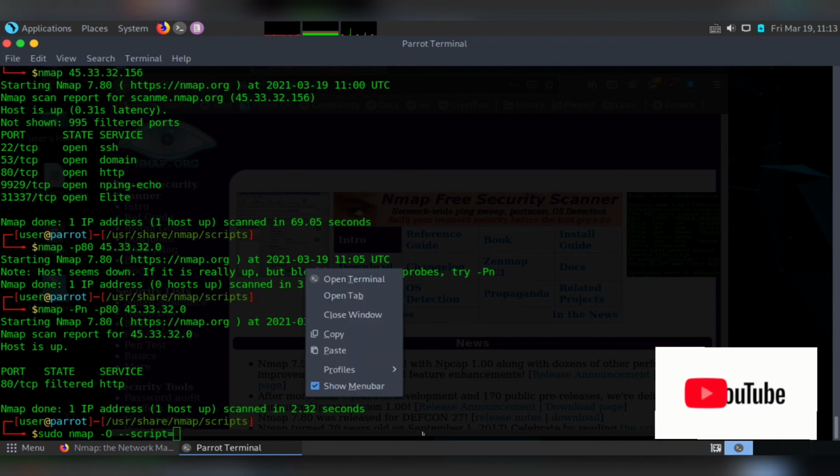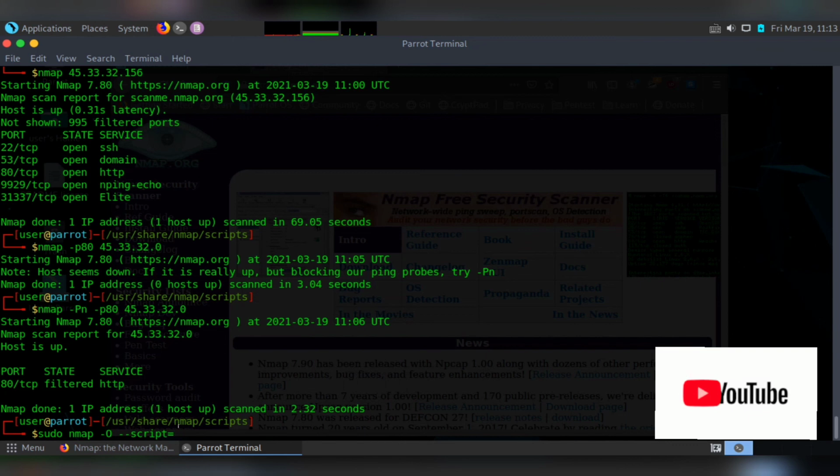Then you have to simply provide the IP address as well. So you can write snmp-info.nse script and then the IP address of that particular host, and that will perform a script scan for you. Sometimes it also requires -sV to work, because script scan is only possible when the services running on their particular ports are detected. So you may have to provide that, and then only your script works, or sometimes it does so by default as well.